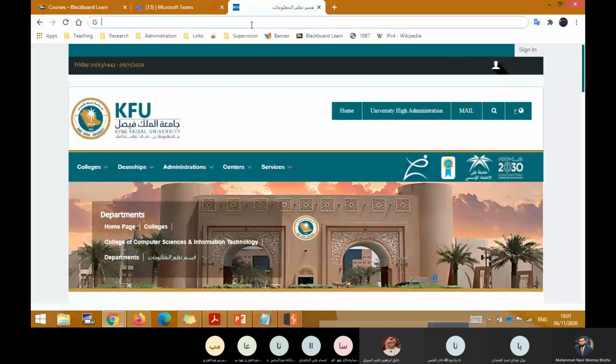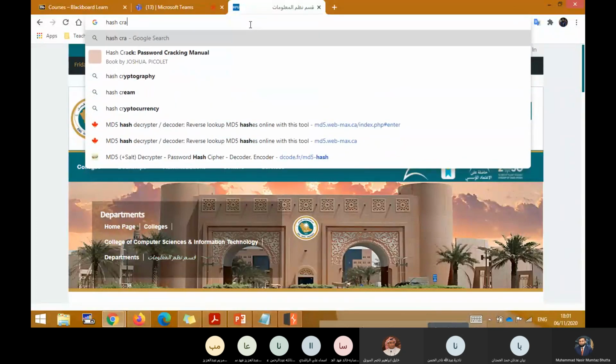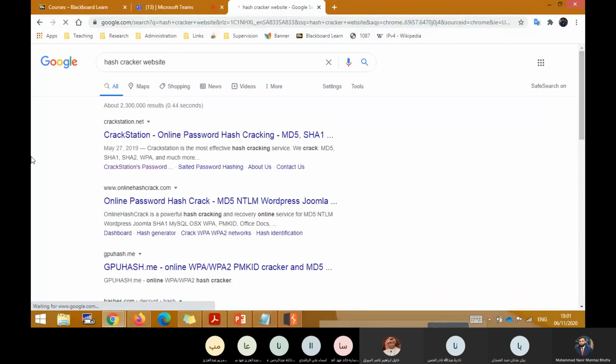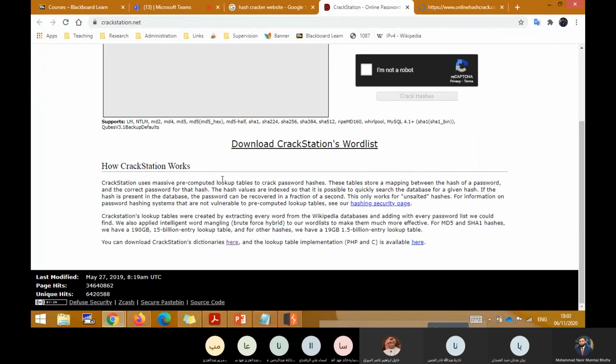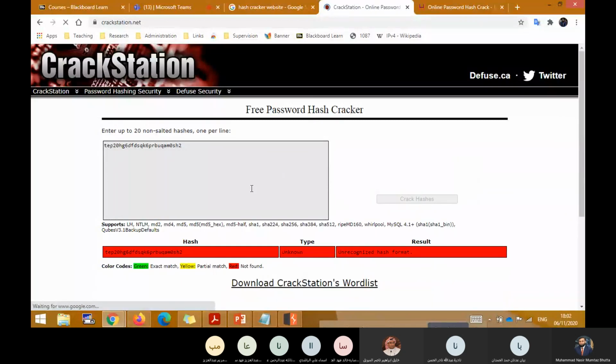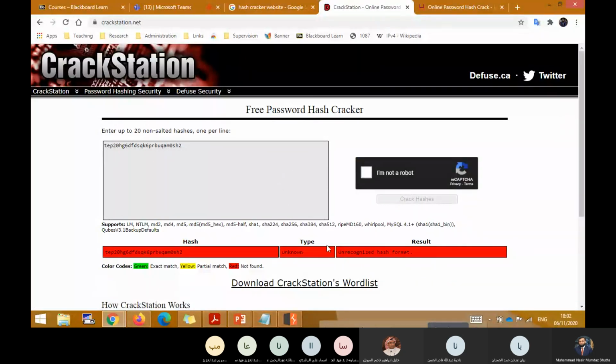You can search for a hash cracker website, you can see Crack Station. They provide you many different password combinations as we have tried. You can paste it here, say I'm not a robot, and ask them to crack this hash. Then they can crack it for you as we did in the previous ones, right?